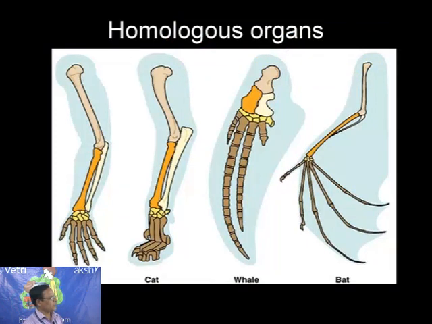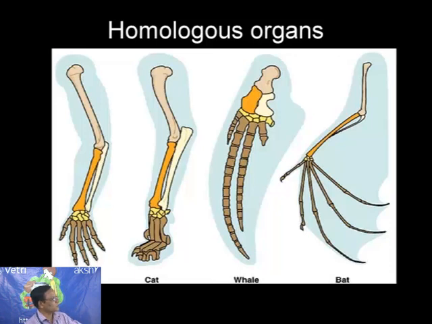Now the homologous organs I mentioned earlier. I am taking the forelimb skeleton of humans, then we have the cat, then the whale and the bat. In all cases, they have the upper limb skeleton or upper arm bone, that is called the humerus. The hind limb skeleton is also given, with the femur and tibia. In the forelimb skeleton, we have the humerus, then radius, ulna, then the carpals, then the metacarpals, and the digits in the form of phalanges.